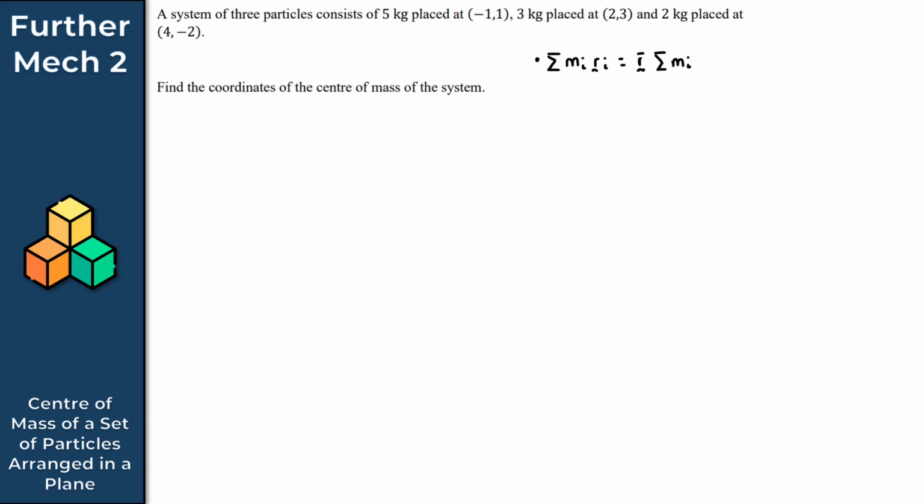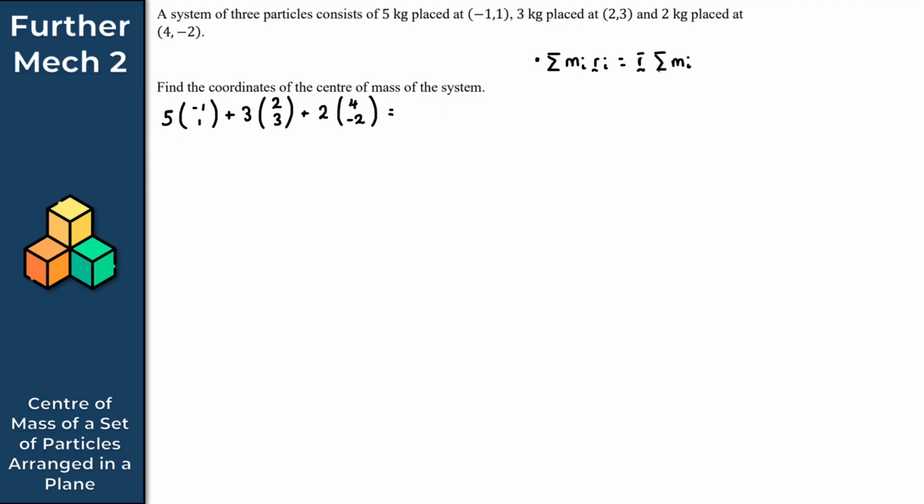So what I'm going to get here is 5 times (-1, 1). We'll then add that to 3 times (2, 3), plus 2 times (4, -2). So let's just put it all together. We get 5 times (-1, 1), then 3 times (2, 3), and then finally 2 times (4, -2). Perfect. So this gives us the left-hand side, and this will be equal to